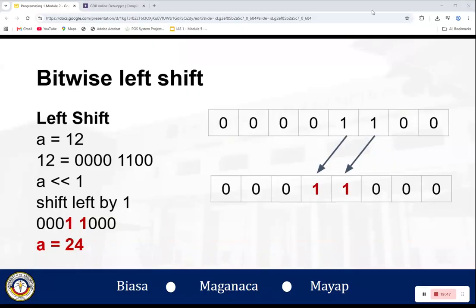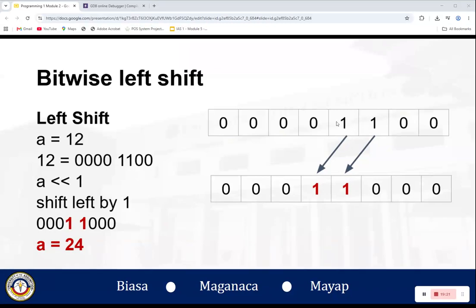Just like what we have shown here, the two ones move one slot to the left. So this one moves one slot to the left, from the third slot to the fourth slot.